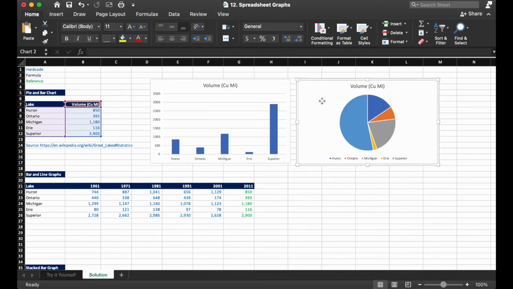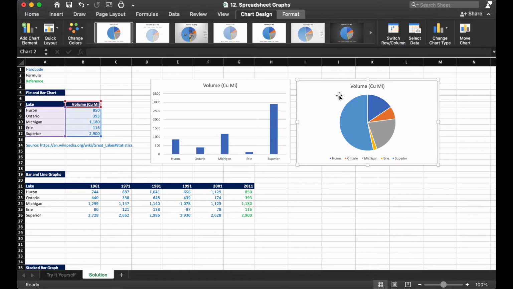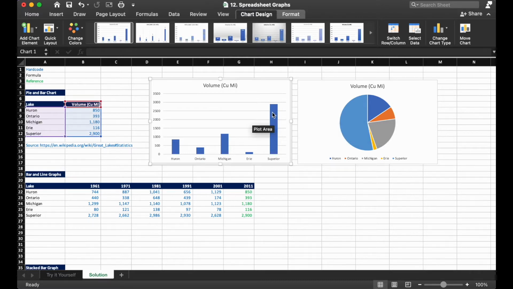So if we go ahead and look at the pie chart now, what we can see is that not only do we get an idea for the volume within each lake, but also we see how the parts contribute to the whole. So we can see here that Lake Superior is over half the volume of the total Great Lakes combined. Now if we flip back to the bar here, we know that Superior is pretty big, but we don't know kind of the scale until we look at how it contributes to the whole.